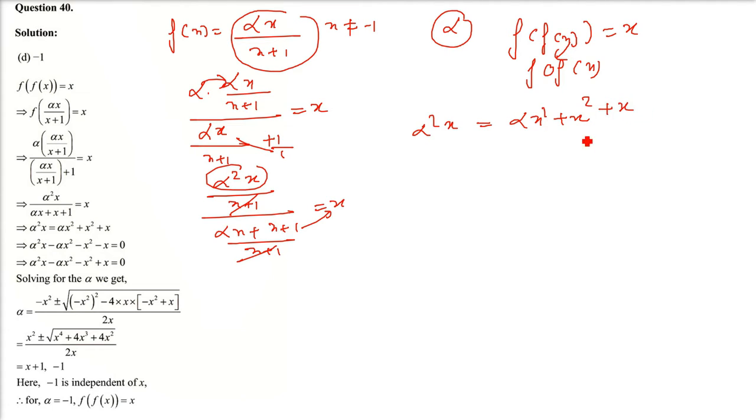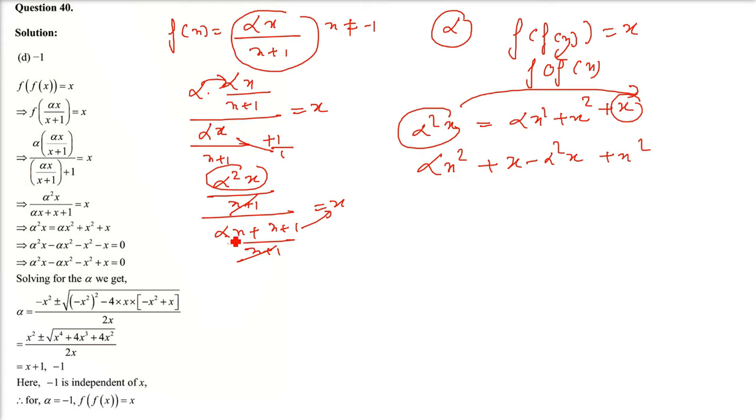Okay, now here don't worry about this x square, because the question is asking what value of alpha this is equal to x. So let me just rearrange this, because I want alpha square to be your x square. So this alpha square you have to worry about. So just take all on one side, and then just take this alpha square x as the first value, because alpha square x is equivalent to your ax square, and a is x here, and x square is alpha square here. I hope you got the idea. This we have to take in front.